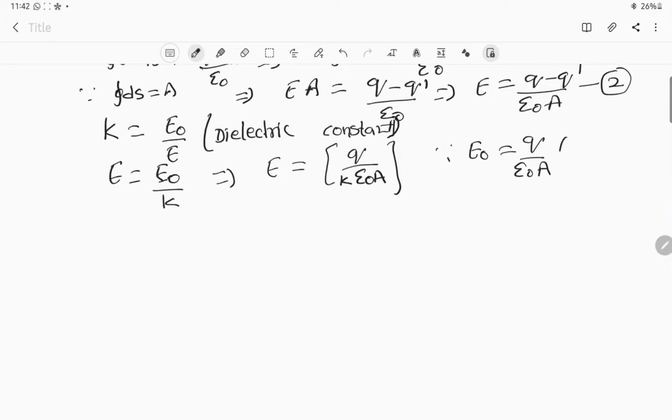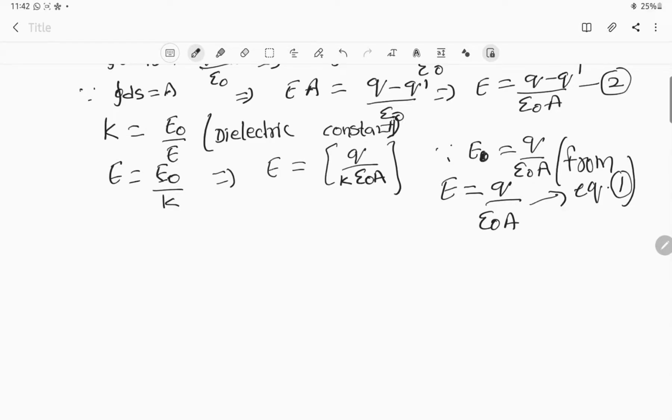So in the bracket, what you can write is, from equation number 1, I have written this. Clear? Now substituting this value in equation 2, we got the E naught value, sorry, this is the E value, right? This is actually the E value. So what E value did we get when the dielectric is used? Q by epsilon naught A, from equation number 1.